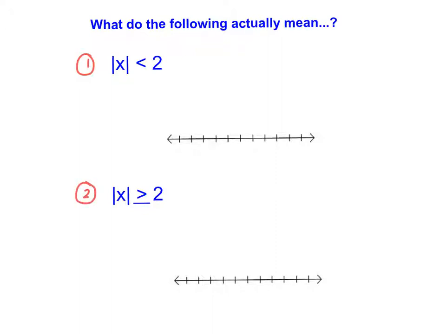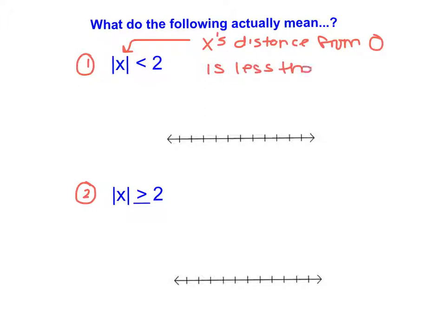This first one says the absolute value of x is less than 2. And remember, absolute value means distance from 0. So this is saying x's distance from 0 is less than 2 units. If we stop and think about that, x, whatever it is, has to be 2 units or less